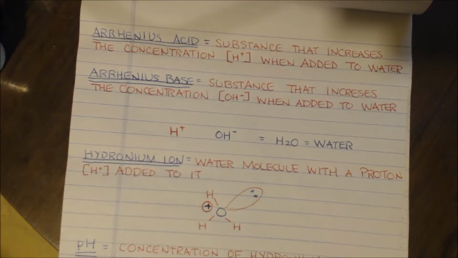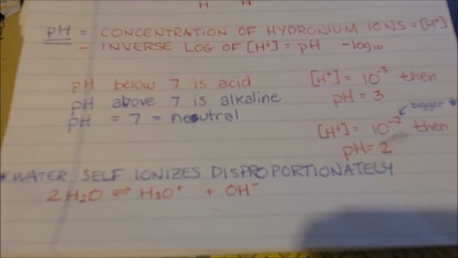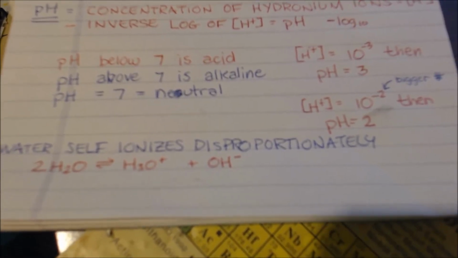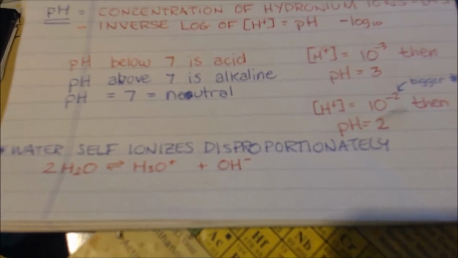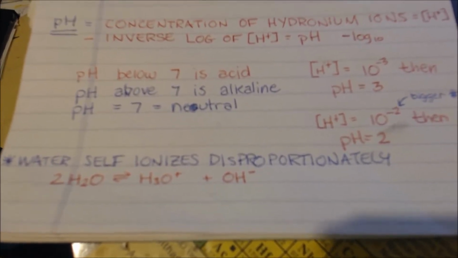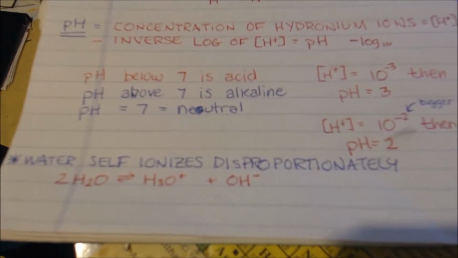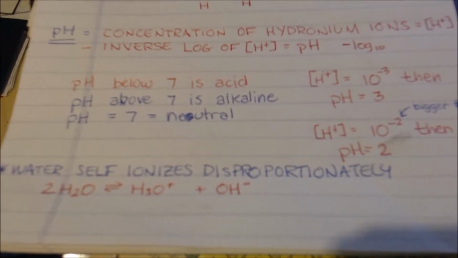Now this is the type of acid that pH was made for. The other two acids don't necessarily have pH. So the pH, what does it stand for? Well, the H stands for the concentration of hydronium ions or protons that are floating around in solution, right? The P is the negative inverse log, and it's right before the H, so it's the negative inverse log of the concentration of hydronium ions or protons in the solution.